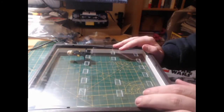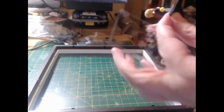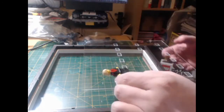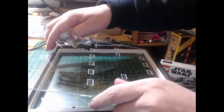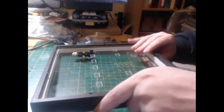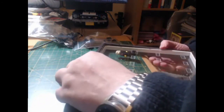But let's see what happens if we get rid of the base plate. It's not going to look as neat, but needs must, as I said earlier, and stick our boy directly onto the wedge. Now there's going to be an issue obviously with the surfboard in this case, but I'll figure something out there. So let's see how I put him at the front of it, and that works just about. So that looks like the solution, is get rid of the base plates. As I say, with this one, this particular minifig,